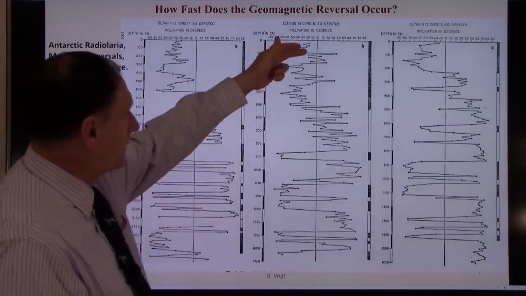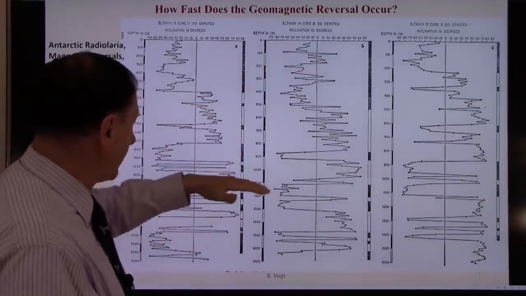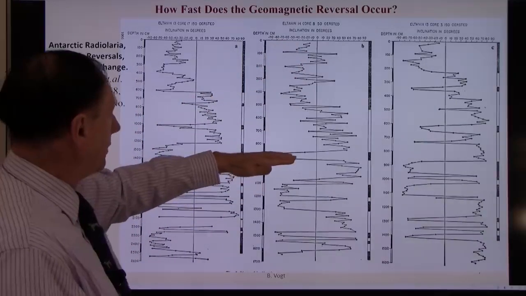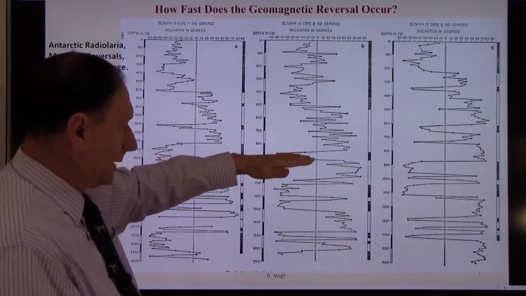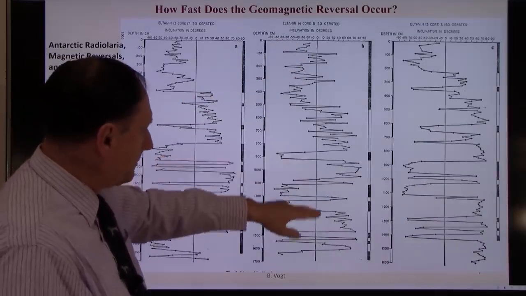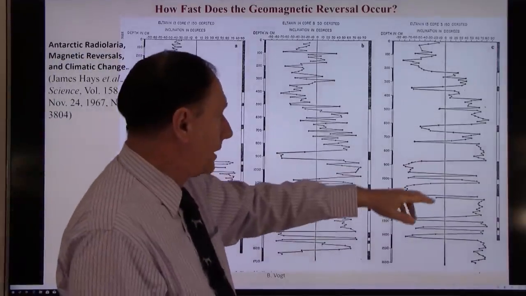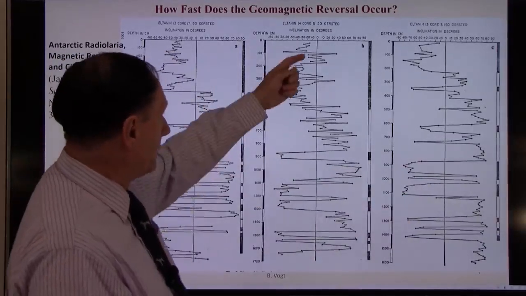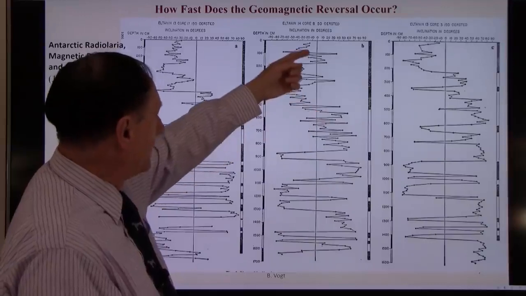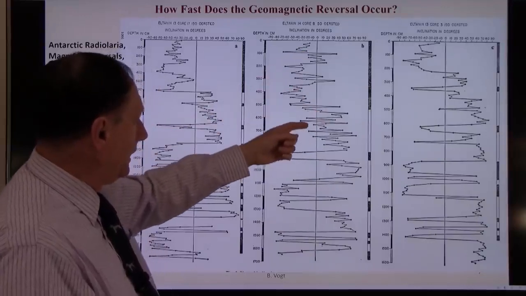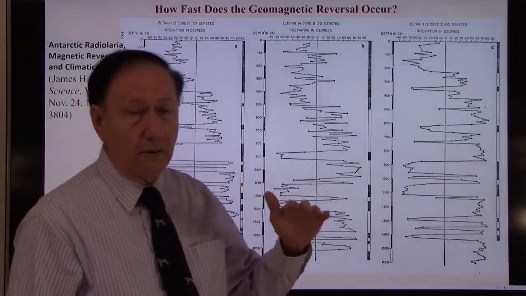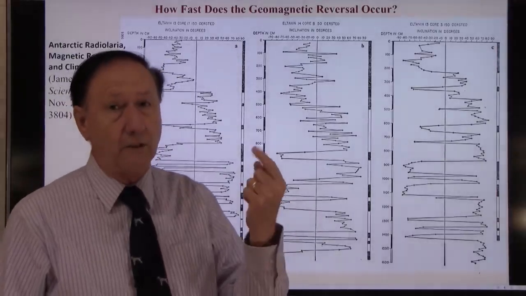So here, in this one, it looks like the deeper he went in Antarctic, you'll see where they are, I'm going to show you in a second, he got better results. I don't know why. Maybe the samples he had were a lot better, probably had more iron in them. But here you can see it happens immediately. When I say God's Day of Judgment, it is literally in one day.